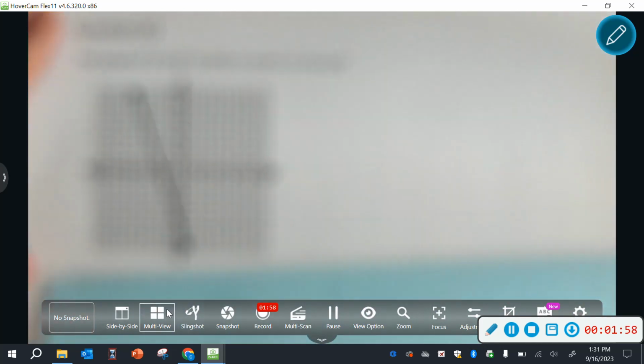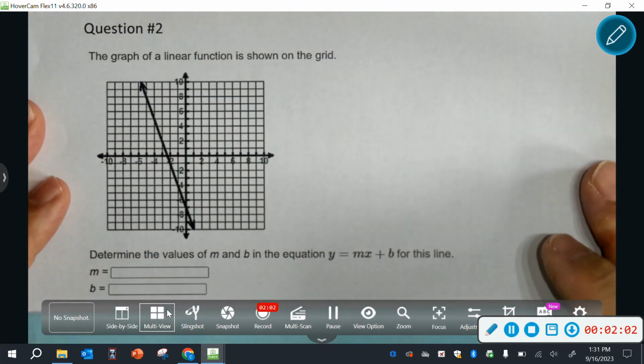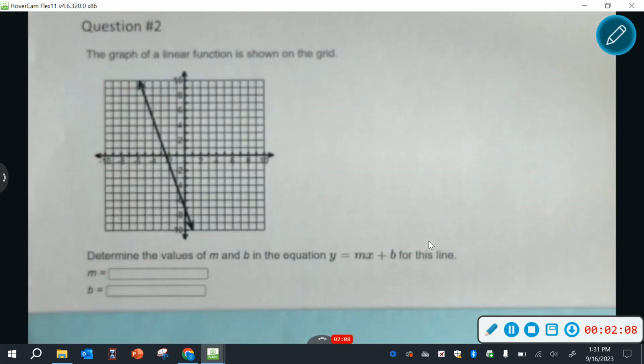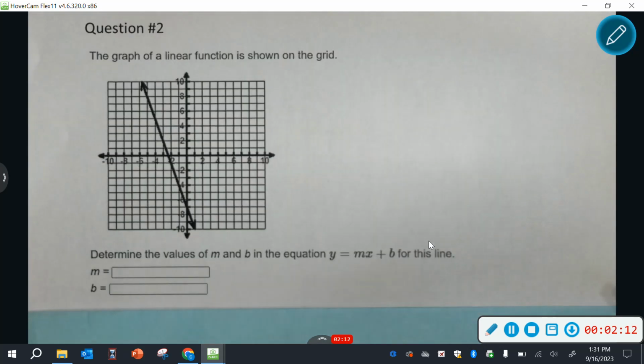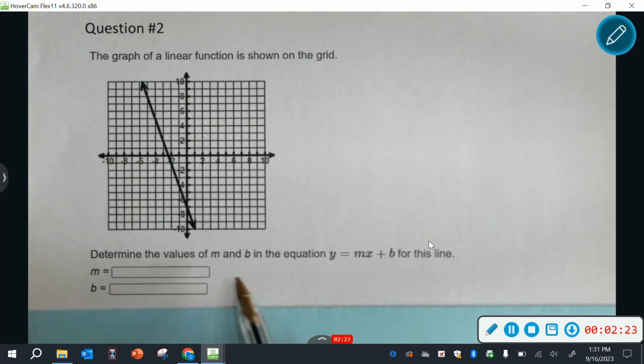Alright, question 2. So now here is question 2. Alright, question 2, it says the graph of a linear function is shown on the grid. Determine the values of m and b